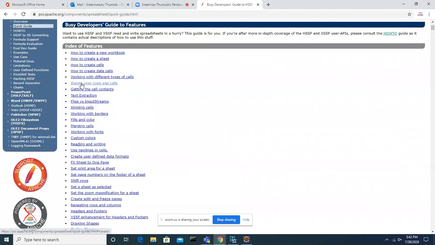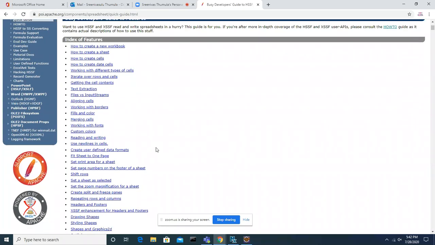Let's say you want to create multiple records, how to iterate, how to align the cell, the alignment adjustment programmatically, and if you want to fill the color. Generally, if you work with an Excel file, you will fill with the background color and a lot of things. You will do a lot of styling.